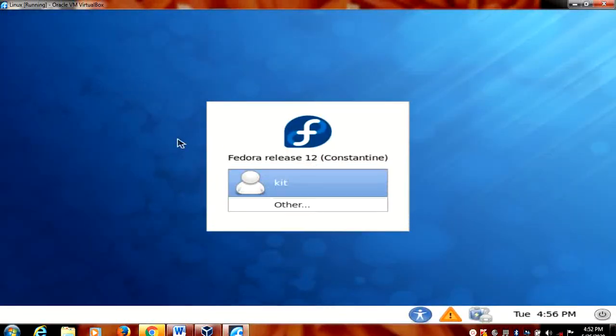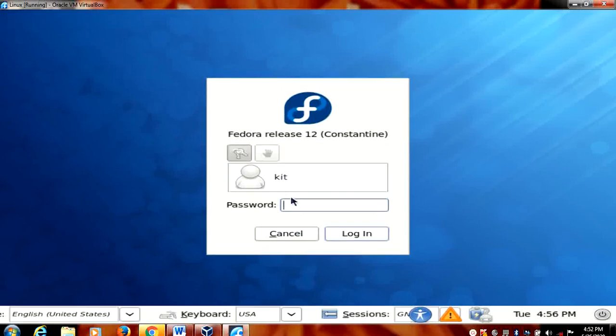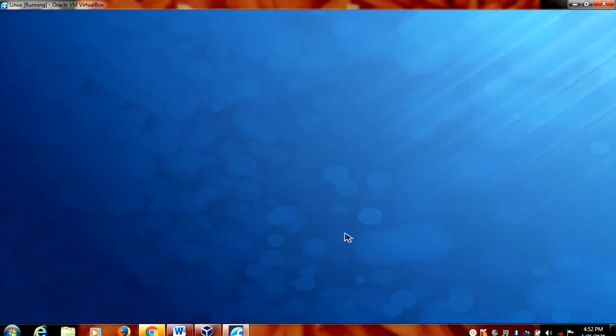Now it's open, Fedora Release 12. So I want to choose the KIT user here. It will ask for the password. The password we have also given as KIT. Okay, go for enter or login. It will open like this.